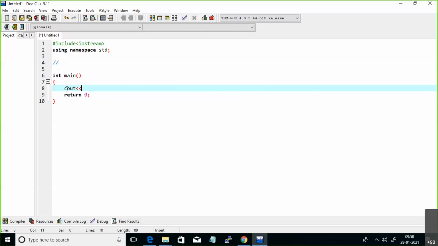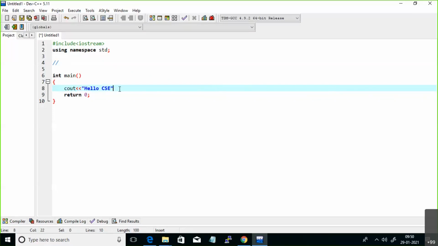In the same way, if I want to read something from the keyboard, which object do I need to use? cin, the cin object. Here I'm just writing one message, hello CSC, a simple message. Within the double quotes, whatever you have written will be printed on the output screen.